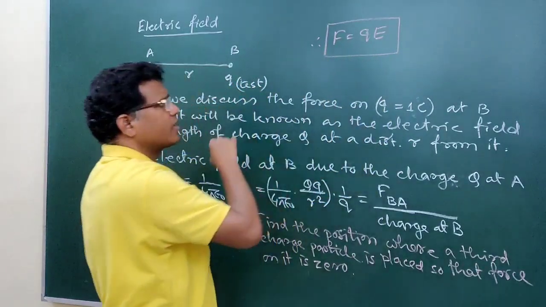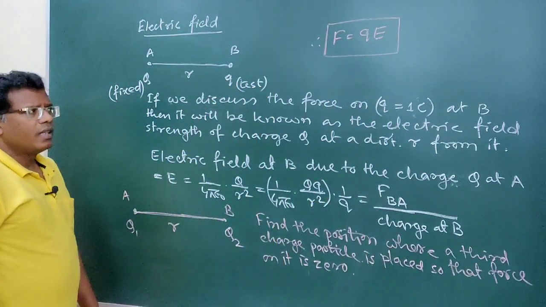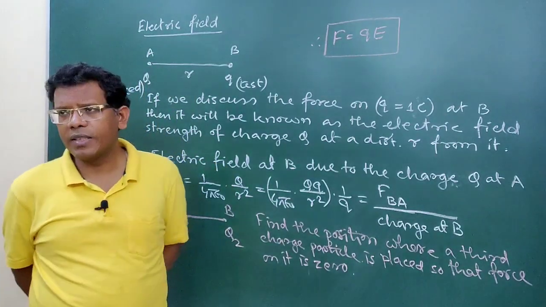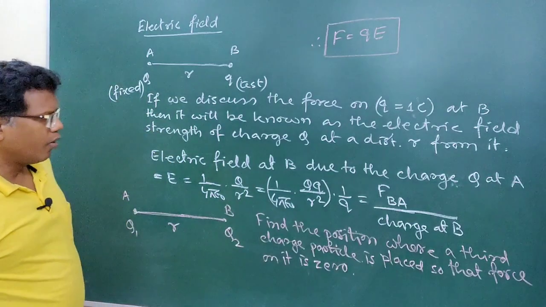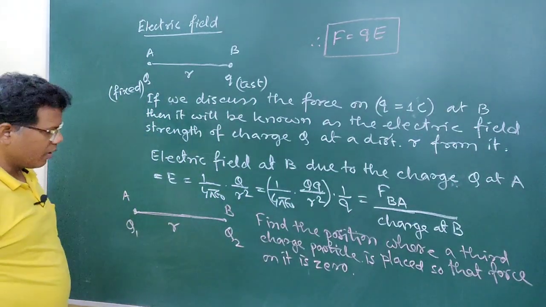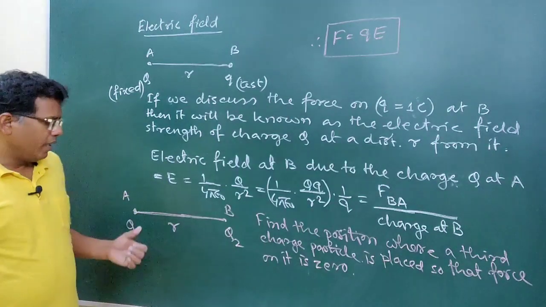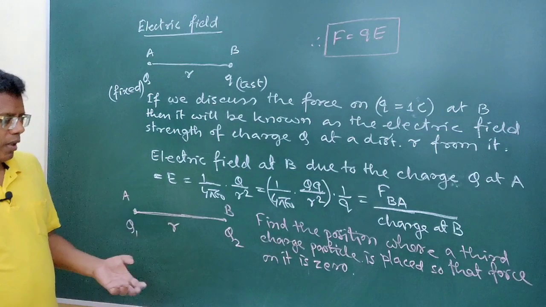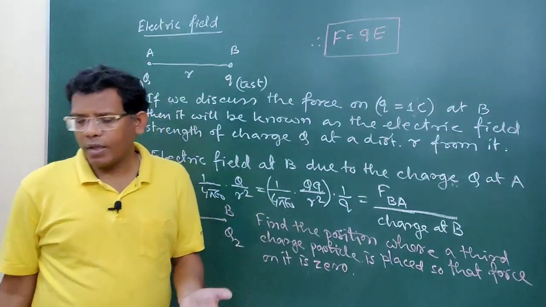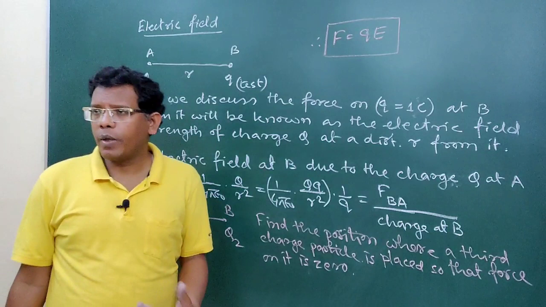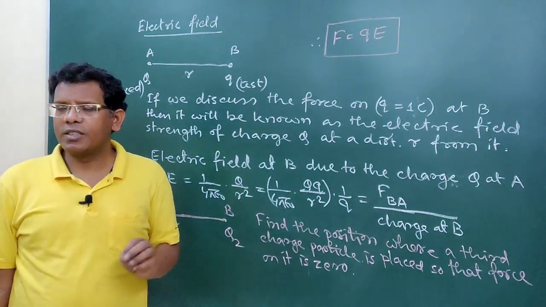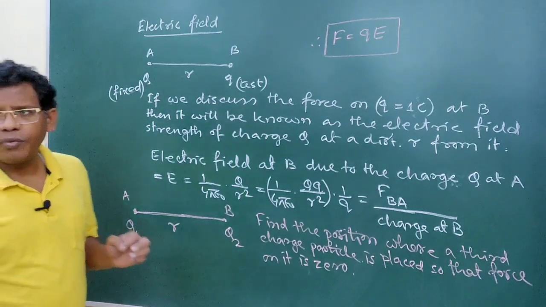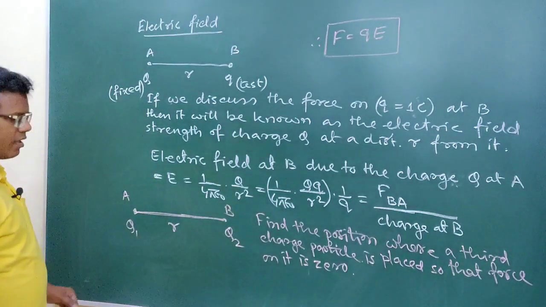Electrostatic force on a test charge can always be written as the electric field value at that point into the test charge placed at that position. So if you want to select a third position other than A and B, and place any third charged particle, whatever be its magnitude, if it experiences zero force, that only suggests that it must be at a zero field position due to these two given charges.